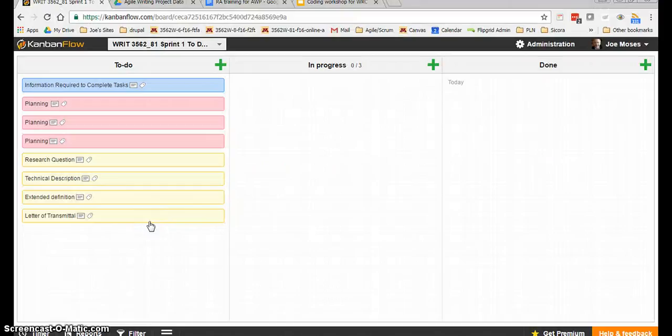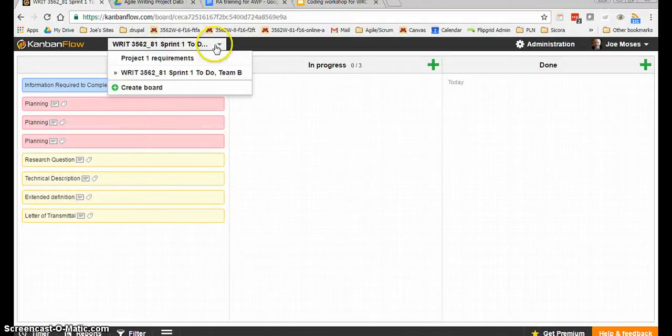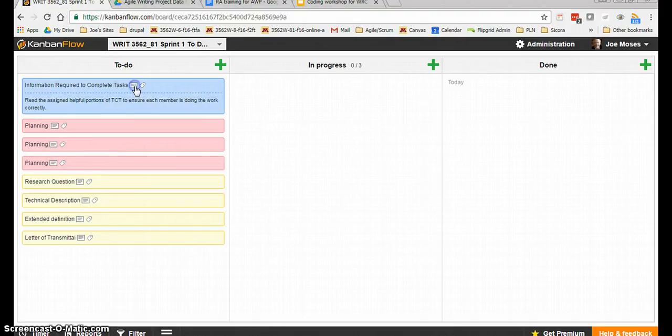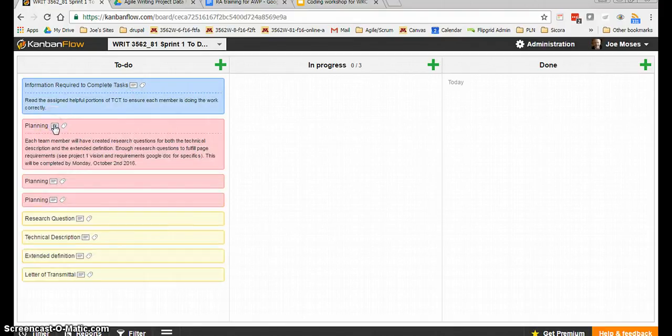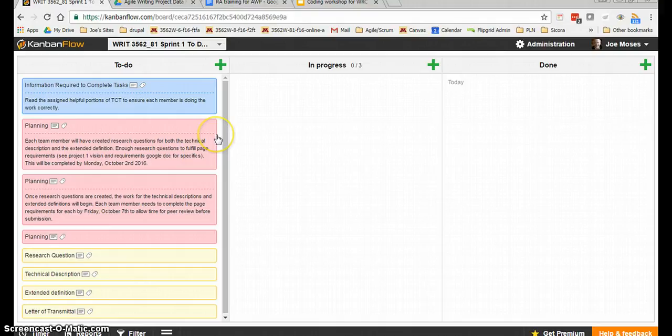When I get to Team B's Kanban board, it's on the drop-down list right here, 356281, Sprint 1 to do, Team B. That's terrific file naming. And then I can look here and drop down the various items to see what's going on. What's not here